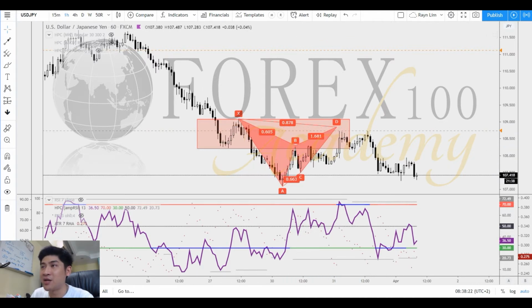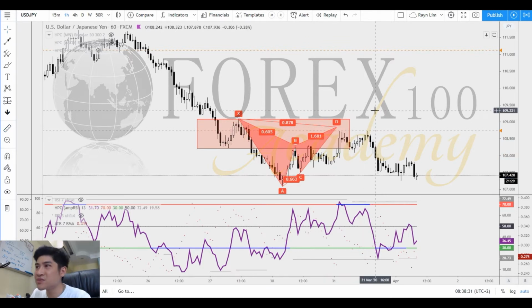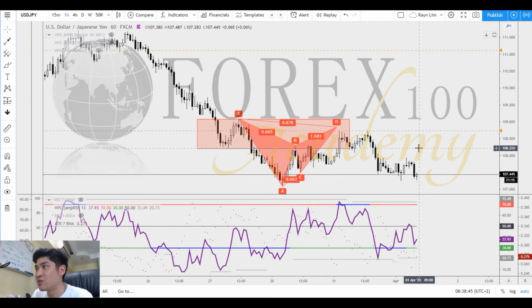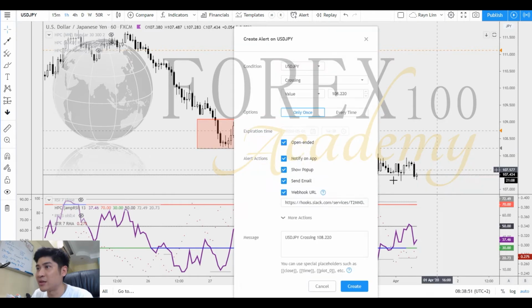So I missed by, let's see how much we missed by. About 10 over pips, 12 pips. For this shorting opportunity, it's quite a pity. Market did a bit of double top, but this kind of double top is not how I traded it. The RSI divergence over here is very nice. Let's hope there's some form of retracement coming back up to at least 10822 so I can get a shorting opportunity. Alright, so add an alert,